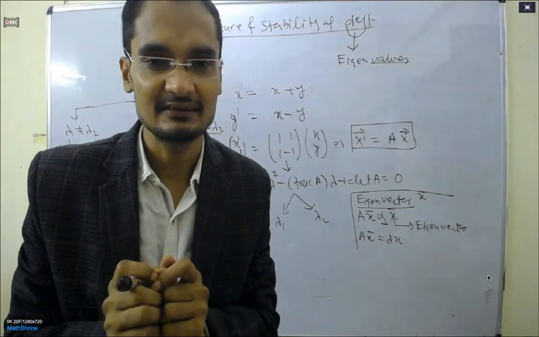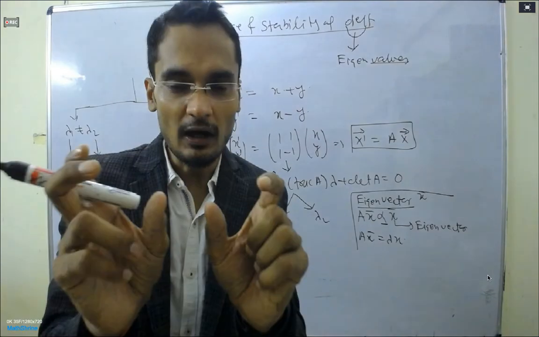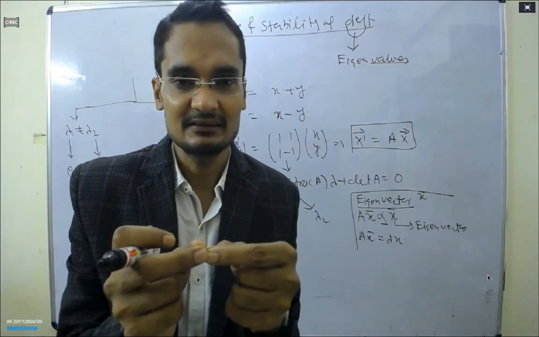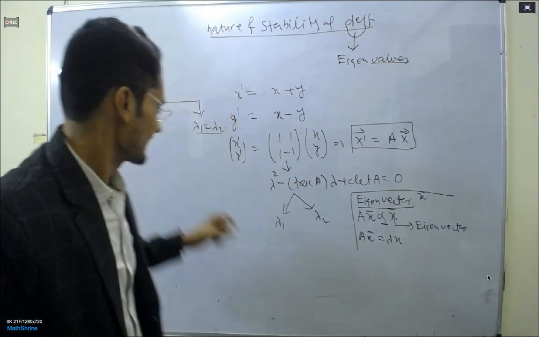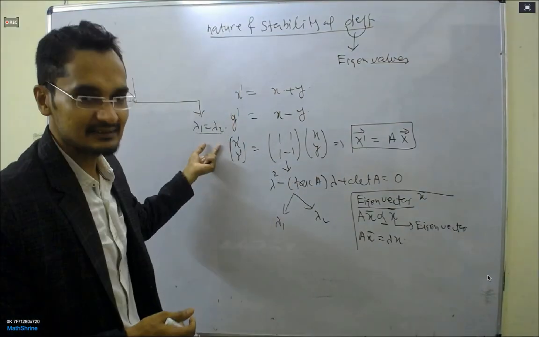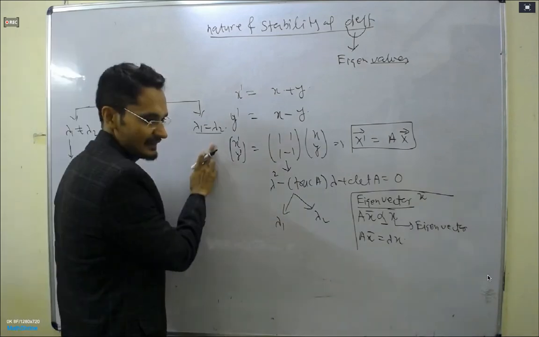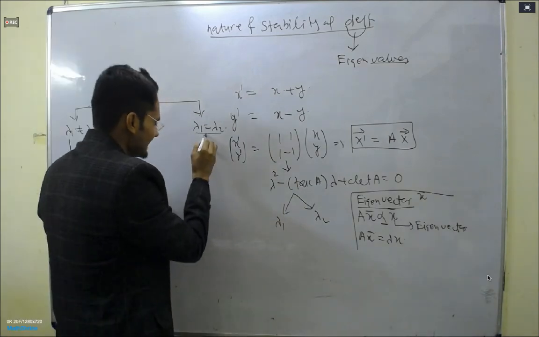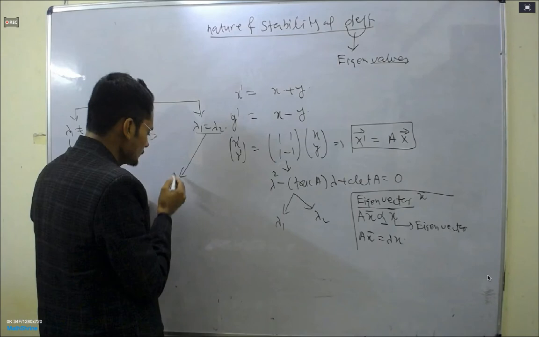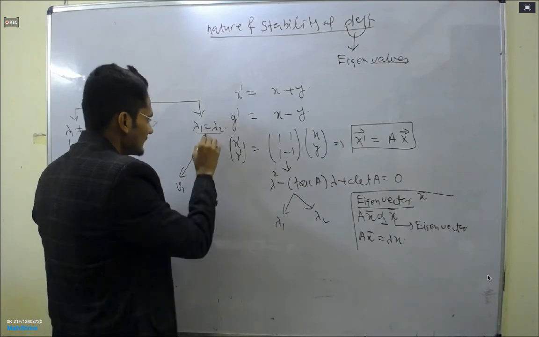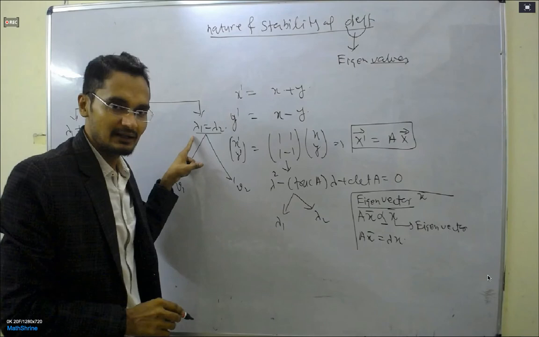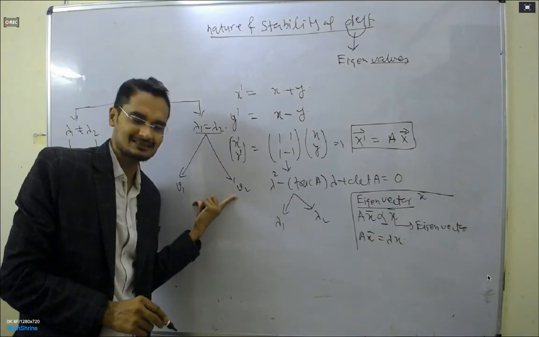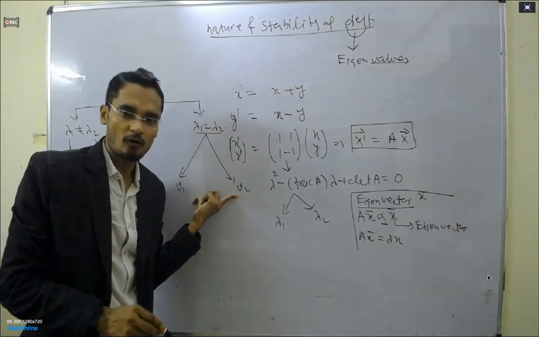Understand? If lambda 1 and lambda 2 are the same, there is only one address, because it's occurring two times. Mathematically it may give you two eigenvectors, or it can give you only one eigenvector, but it cannot give you more than two, right? Anyway, the same argument can be written for the 3 by 3 case of matrices.